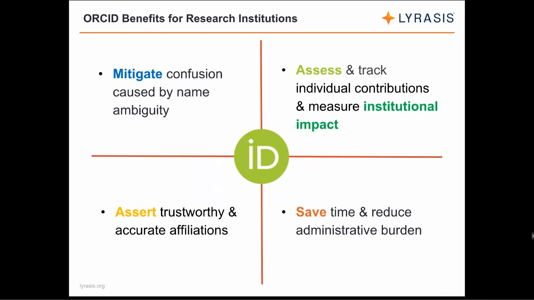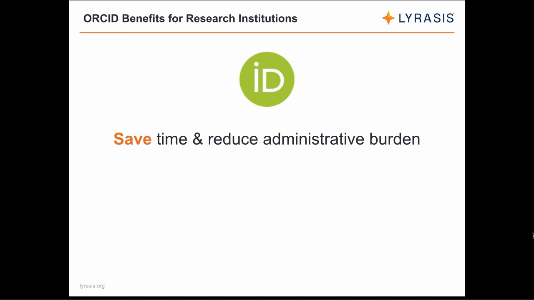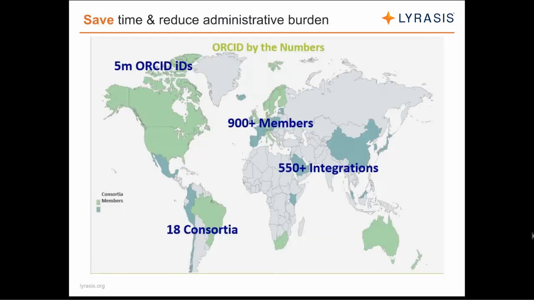So by using ORCID to disambiguate and connect with researchers, reading ORCID data to assess contributions and measure impact, and asserting trustworthy and accurate affiliations, institutions can ultimately save time and reduce administrative burden, both for institutional administrators and individual researchers. The more people and systems that are plugged in and using ORCID, the more all parties can benefit and save